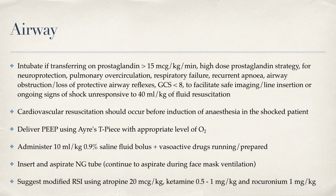Other reasons for intubating the collapsed neonate may be neuroprotection. For example, if you have a child with an intraventricular hemorrhage, either secondary to non-accidental injury or hemorrhagic disease of the newborn, or cerebral edema, secondary to meningitis or a metabolic problem. You may want to balance the circulations in a baby with hypoplastic left heart syndrome. For example, if the baby has high saturations above 85%, combined with signs of inadequate systemic circulation, poor perfusion and